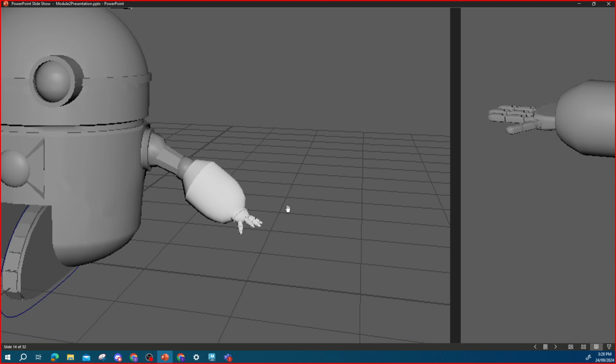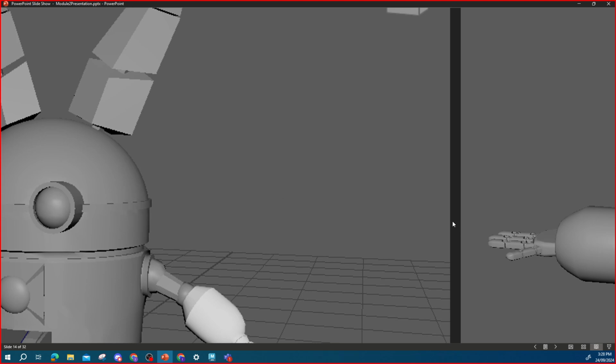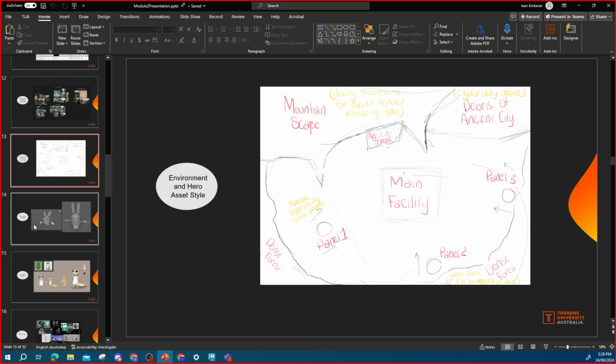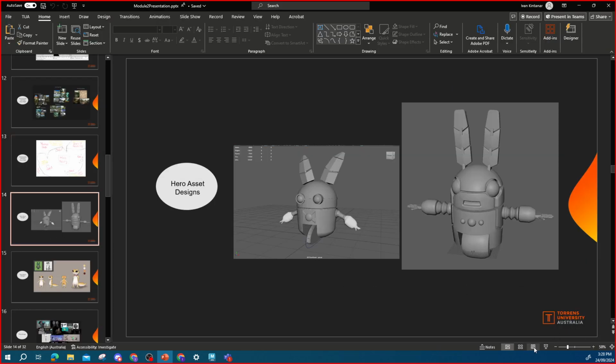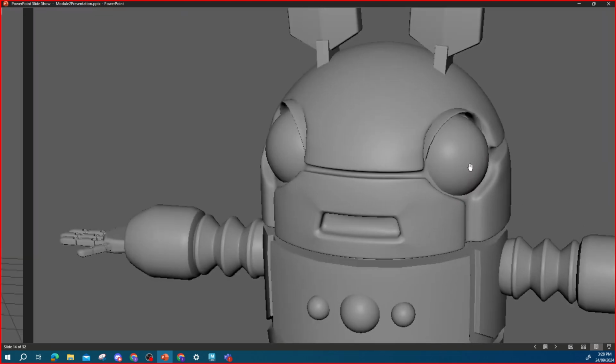Okay, another thing is, as I mentioned, there's going to be a lot of close-ups of the face. Okay, so lots of close-ups of the face. What does that mean? That means that I need to reconsider my design to make sure that the face actually looks very expressive. So just to give you guys an idea, see, this one, see,